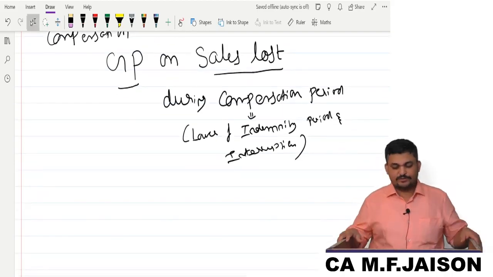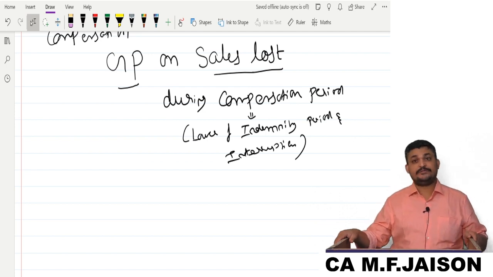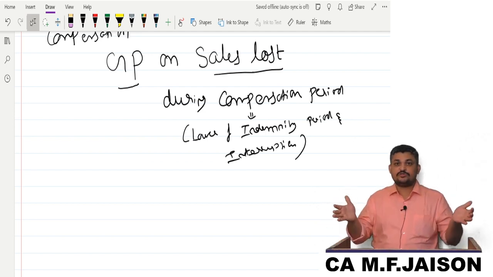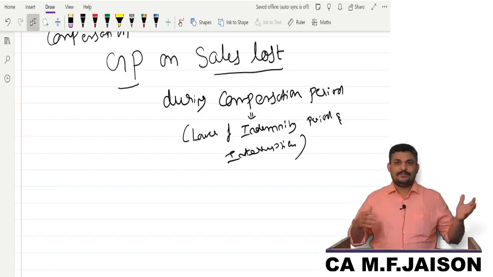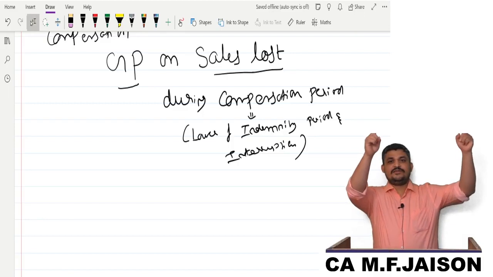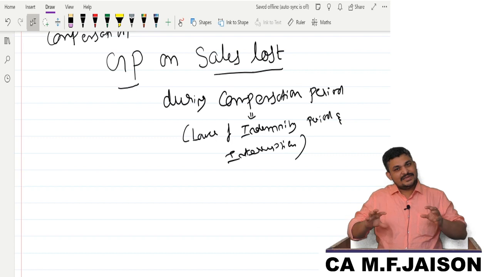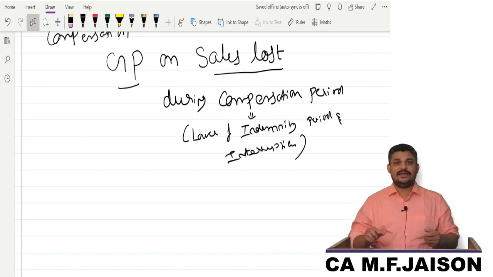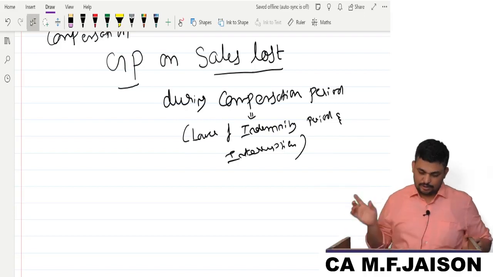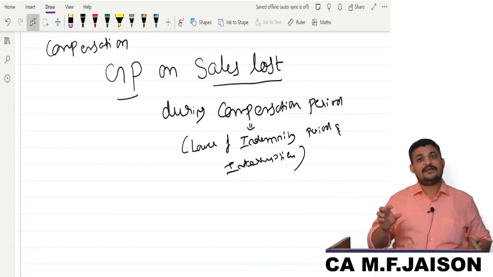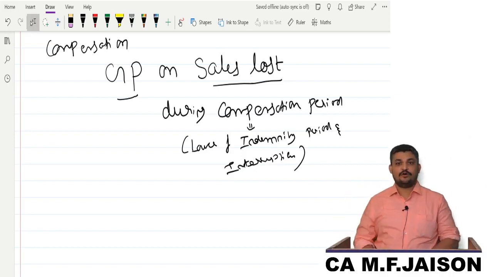Okay, so listen, what do you mean by indemnity period? The period mentioned in the policy. What do you mean by interruption period? That period that will be taken by the business to restore the normal business, correct? So clear? Because instead of going for a big box, in fact a 2-3 page box of lots of definitions, let us understand the common sense approach in a layman way. Whenever the need comes, we will understand the meaning of such items. First I introduce the word, then after understanding the importance of the particular word, we understand the correct meaning of such items. I hope you are following.